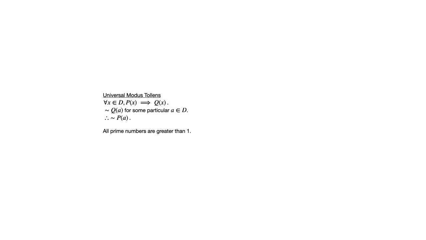Let's look at a specific example of that. All prime numbers are greater than 1. 1 is not greater than 1. Therefore, 1 is not a prime number. And we will be talking about prime numbers coming up in chapter 4 a little bit. And this gets at one of the things built into the definition of prime numbers, that they're greater than 1. So here's an example where we use that part of the definition to conclude that, well, 1 must not be prime if it's not greater than 1.